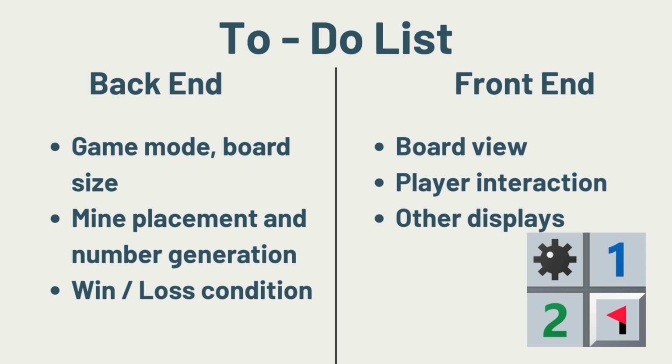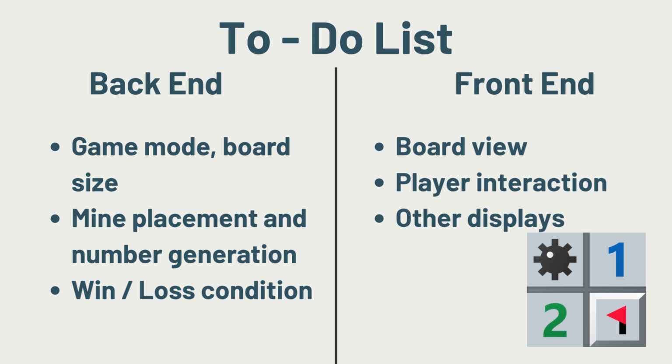The first is the game mode. Based on the official guide, there are 3 modes: easy, medium, and hard difficulty, which will translate to the size of the game board and how many mines there are. The second is to plant the mines on the board, along with the corresponding number hints, which indicates how many mines are surrounding the cell. Thirdly, we will need the code to check the back-end board for the win and lose condition based on the